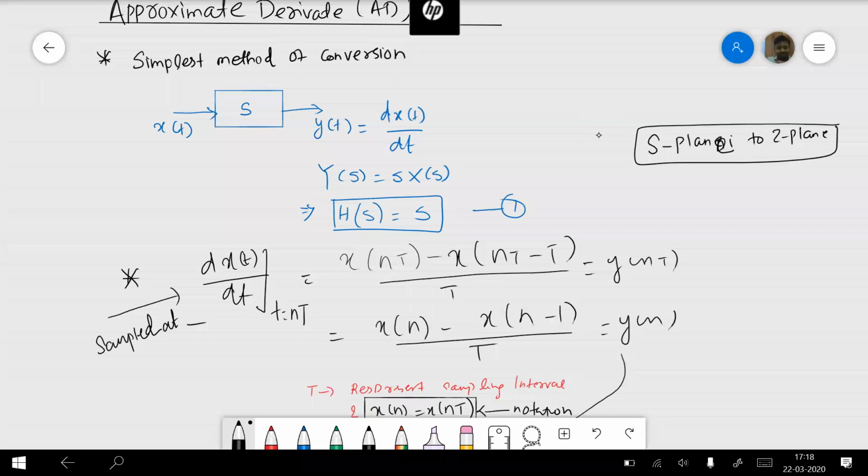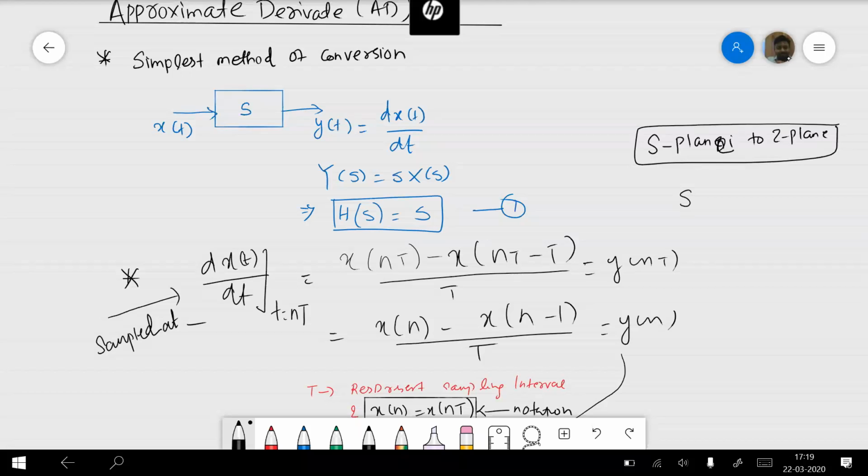Right. So, now this approximate derivative method. If you remember your Laplace transform classes, if you multiply S with some Laplace transform of a time domain signal, it denotes a derivative. Remember? Are you able to remember that in the Laplace domain, if you multiply S with something, it represents a derivative? Yes or no? Anyone?